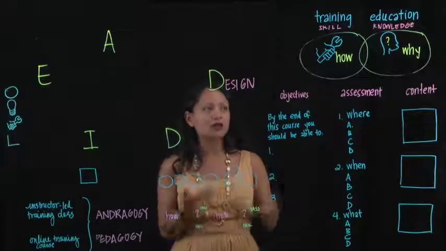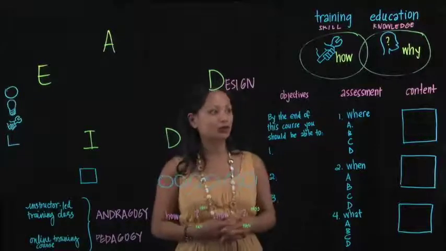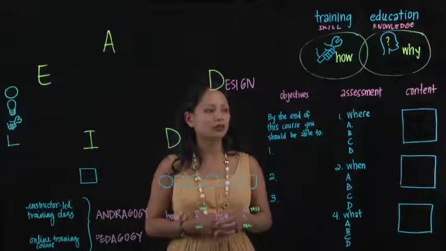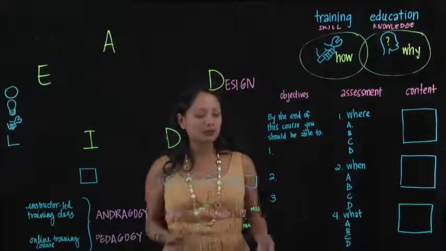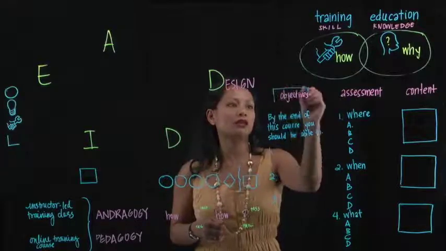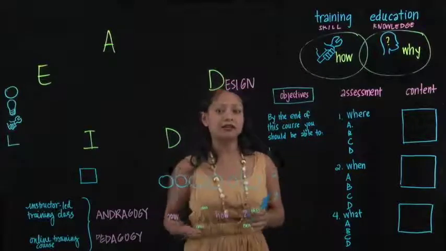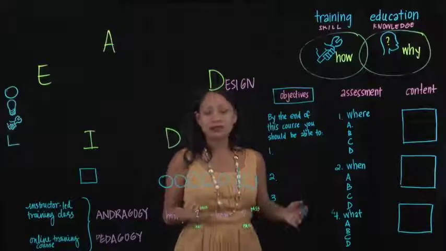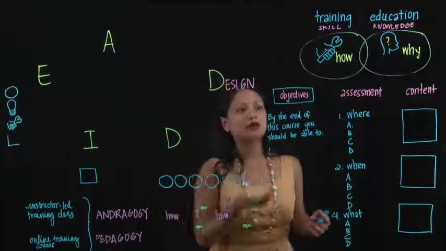So we can do that using a model known as backwards design, which was brought up by educators known as Wiggins and McTighe, who said that you can certainly encourage understanding by smart design of your instructional materials. It begins with thinking about the end in mind. So before you even begin creating instructional materials, whether it's your presentation or your handout, or your outline, or your lesson plan for the day, you want to identify your desired result. What is it that you want by the end of the course for people to know how to do differently? We speak about objectives in this way.